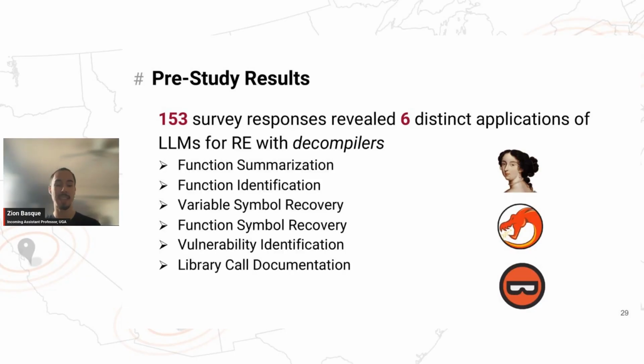These were the six distinct tasks. You can also find more about these in our paper, but generally all of them had to do with recovering information in a faster way, such as function summarization or variable symbol recovery, all of these with the exception of vulnerability identification, since these challenges would have vulnerabilities in them that these different reverse engineers had to find. And so we found from this survey that people were actively using it for these main six purposes from 2023